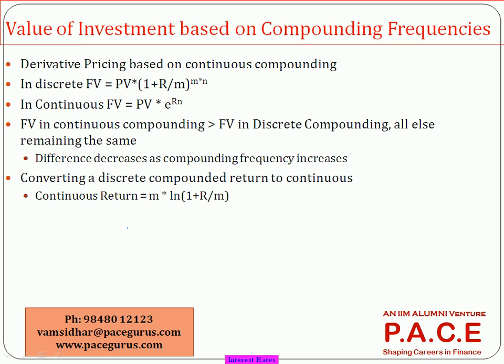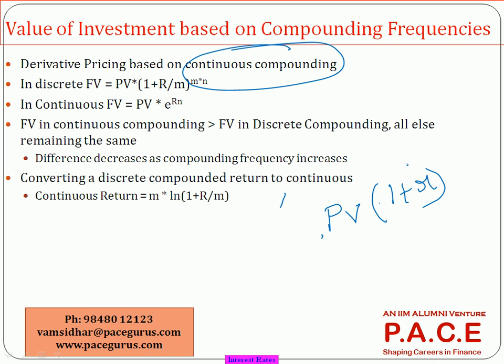whenever we are talking of a derivative instrument, the frequency which we use to price it, the way we find out the present value of that investment, is always under the continuous compounding mechanism. See, in our time value of money, we have discussed this aspect. Let's say today the value is some present value. After 1 year, applying the concept of compound interest, the value should become present value into (1 + r). After 2 years, it should become (1 + r)^2. After 3 years, (1 + r)^3,